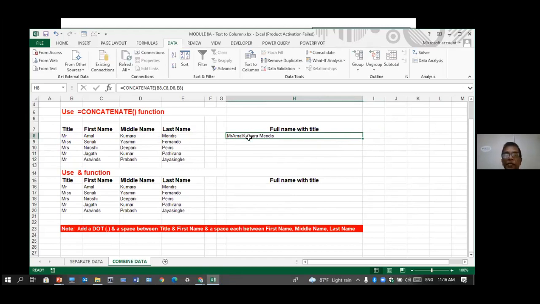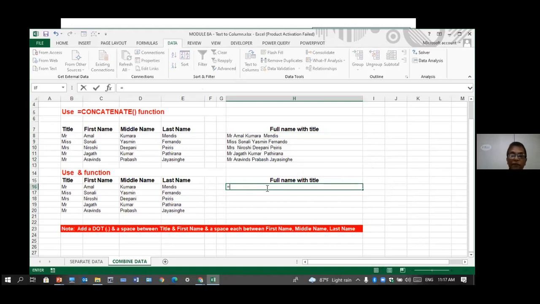You need some spaces in between. So put the spaces within double quotes: double quote, space, double quote, and a comma. Here also, double quote, space, double quote, and a comma. If you want to put a dash or whatever, you can put it within double quotes. Now it looks better. So copy it down.